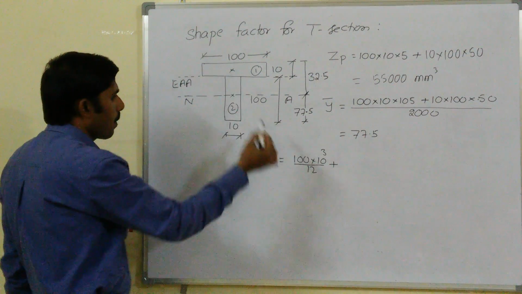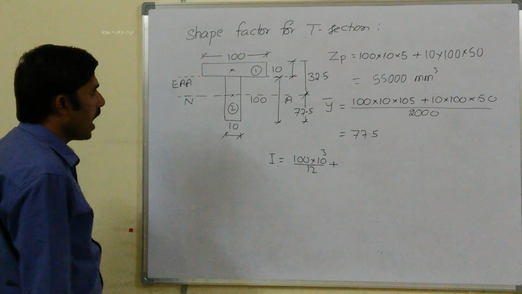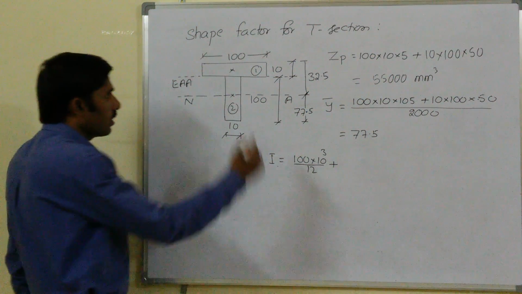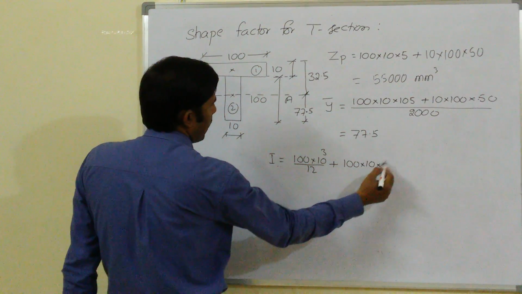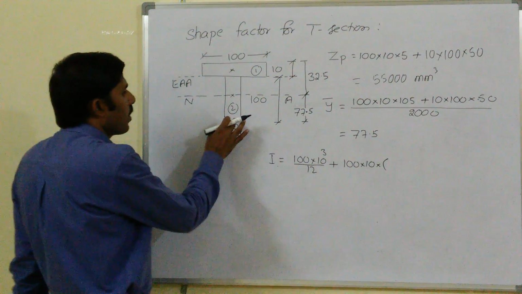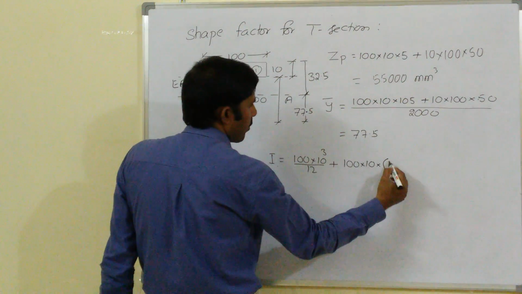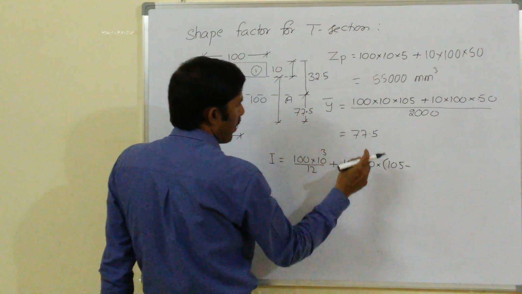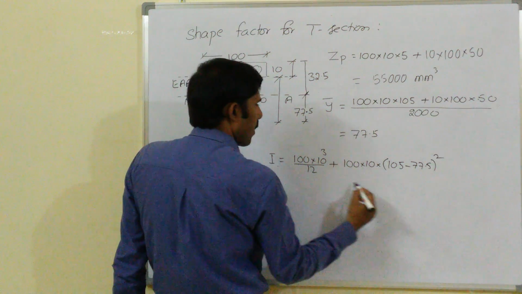So the shift, according to the parallel axis theorem, we need to add area into h bar square. That area is 100 into 10. H bar is from bottom, y1 is 105. This is 105 minus y bar 77.5 square plus